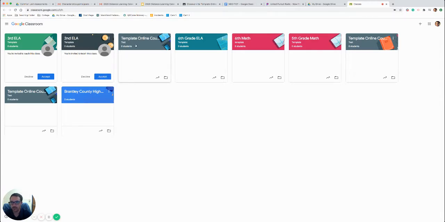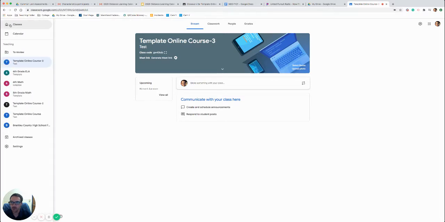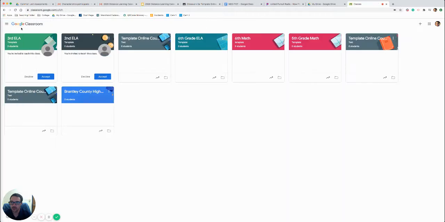Now I'm not going to go into these yet. I'm going to go into the template course. So once you click accept, you'll be brought to a page that looks like this. Then you need to make your own copy. So we're not going to do anything with this course. So once you get taken to this page, you click the dots or the lines here, you click classes. Then you go to the course that you had accepted, and you click the three dots here